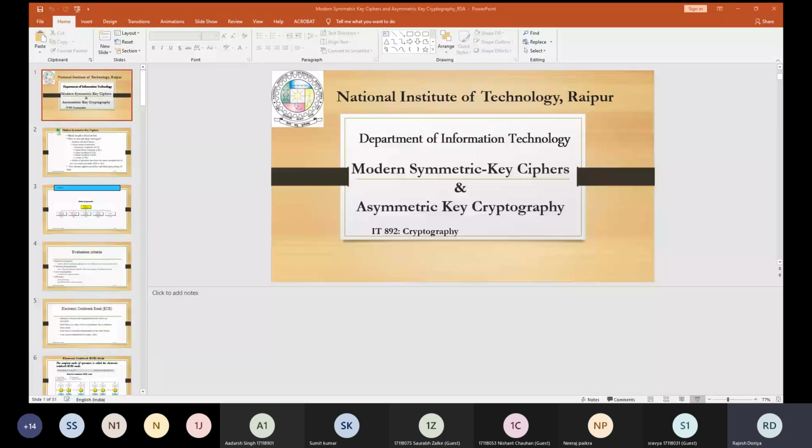isn't it? So if these two data blocks are similar, for example, if this is 1 and this data block is 2, and if these two data blocks are similar and with the same key and same encryption algorithm, they are going to produce the same ciphertext, isn't it? So that was a problem, because in a larger text it may be possible that several data blocks are going to be same. So how to cope up with this sort of situation?